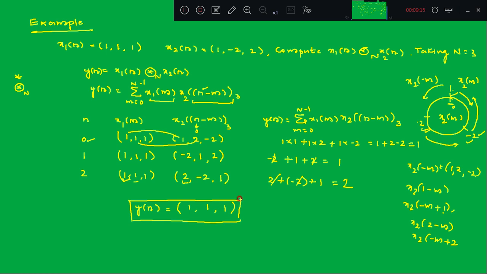So this is the first method, that is the time domain approach. So the same example can be solved using the frequency domain approach also, right? And after that you can verify whether both the approaches give the same result or not, right? So now let us take the second approach, which is the frequency domain approach.